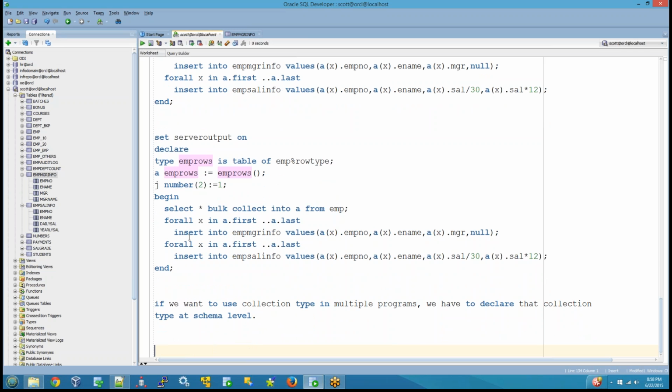So how can I declare it at schema level? Let's see. Create or replace